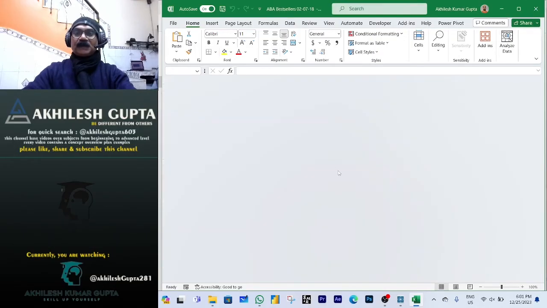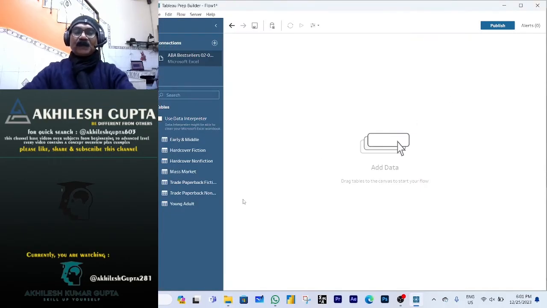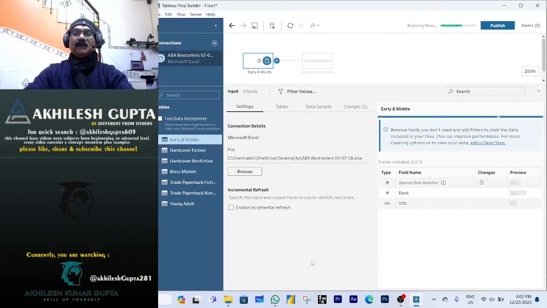So I'm going to close this Excel file, because whatever cleaning step you want to do, we will do in Tableau Prep Builder. So I have connected here and you have seen what kind of data we have in every table here. We have 7 tables here. Now, first I want to drag this one. Once you drag it to this area